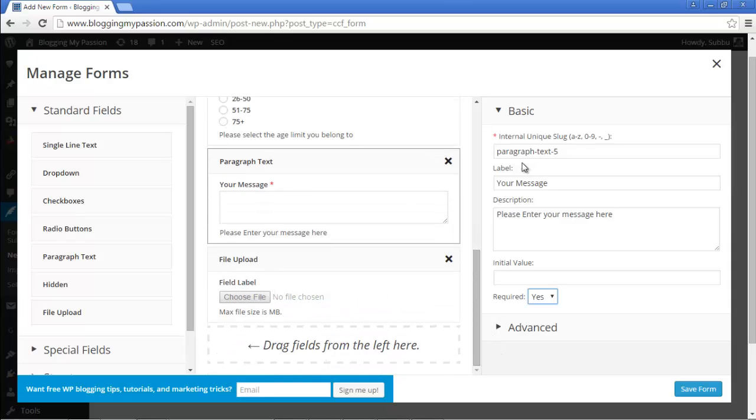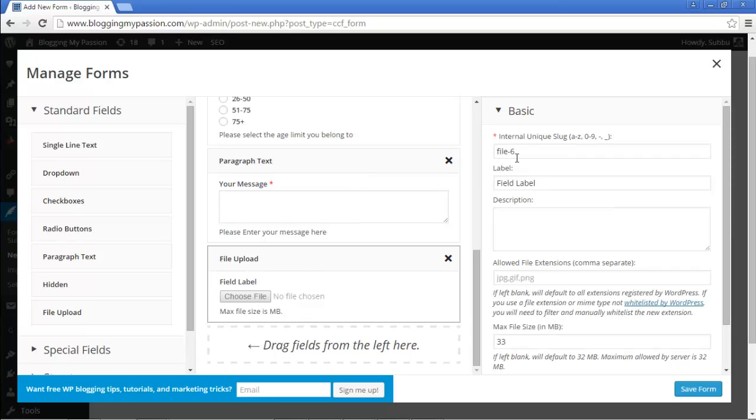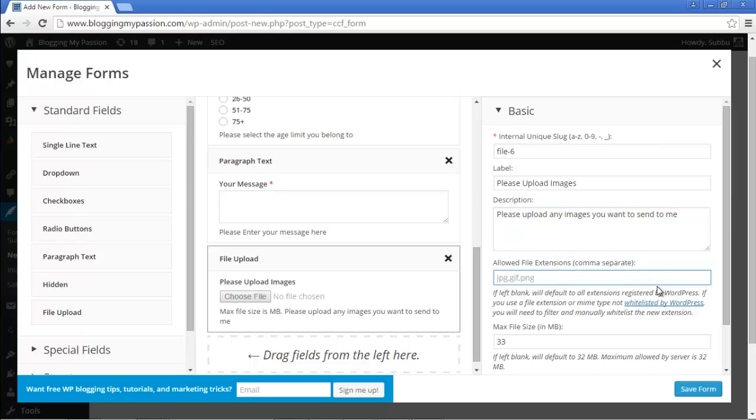Okay, so let's select this one, the file upload one, and the field label I'm changing to please upload images. Okay, so the description I'm changing to please upload any images you want to send to me. Okay, so here the allowed file extensions, you can change it here,